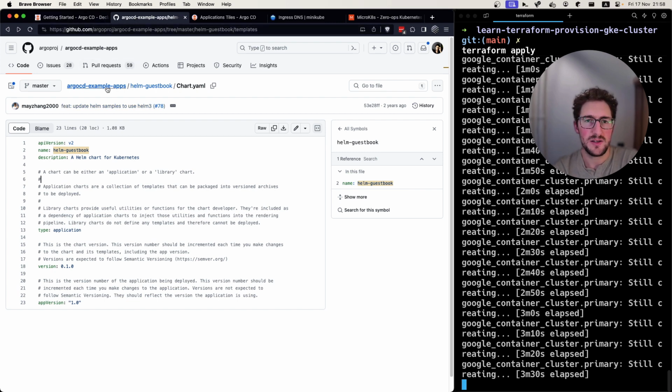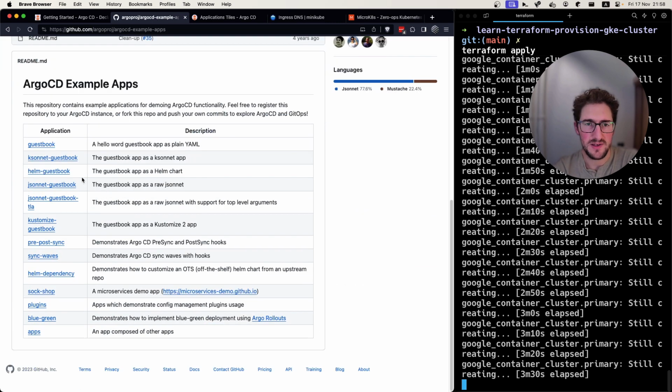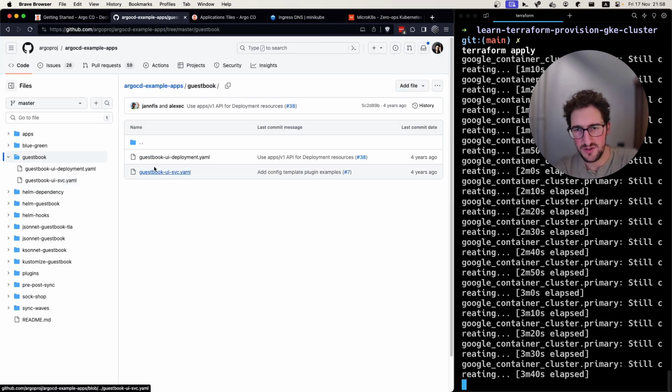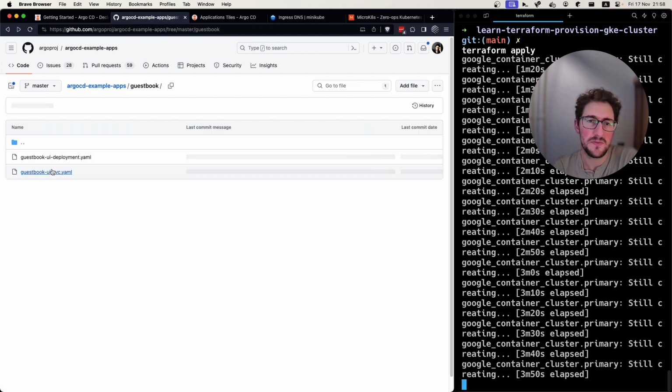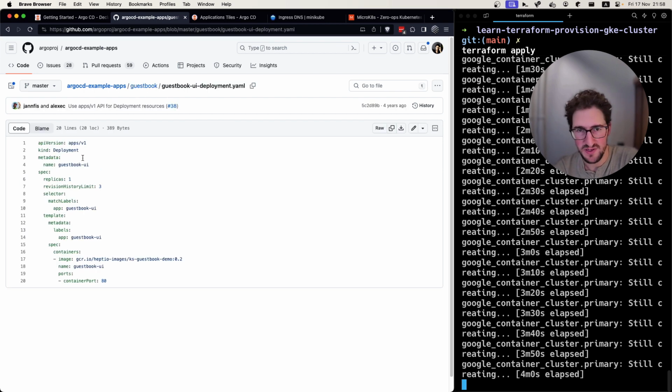Let's try to go back. What do we expect to actually see here? Let's read the plain YAML, and then we're going to use what the cool kids use, which is either Jsonnet, Kustomize, or Helm itself. So we've got a service, which is guestbook UI. That's it. And the deployment itself is going to be